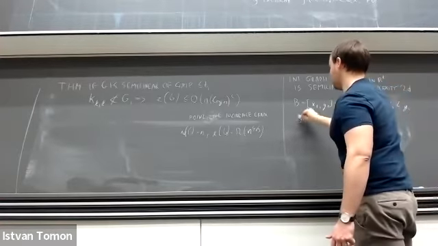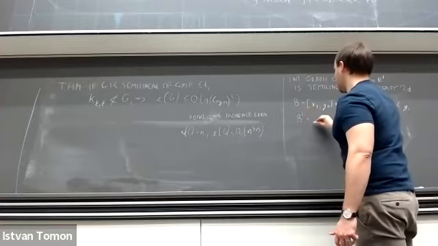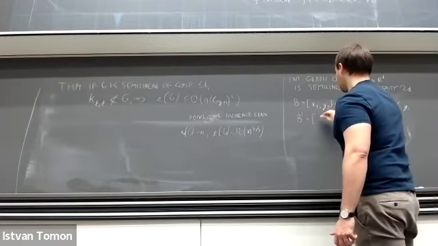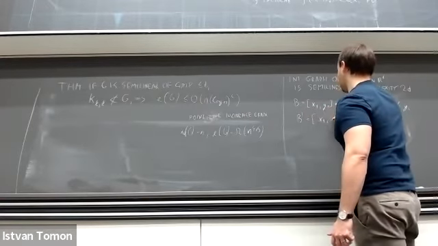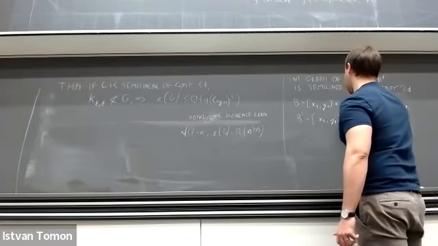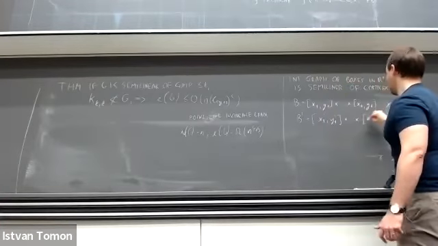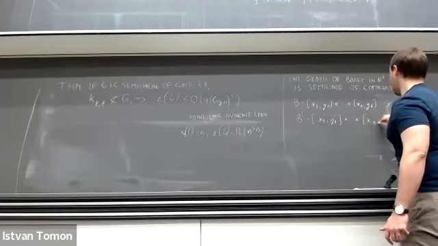And now if you have two such boxes, B and B prime, where B prime is defined by x1 prime, y1 prime, up to xd prime, yd prime,